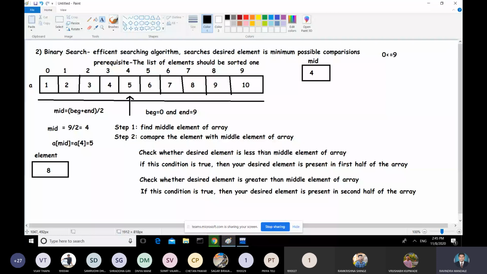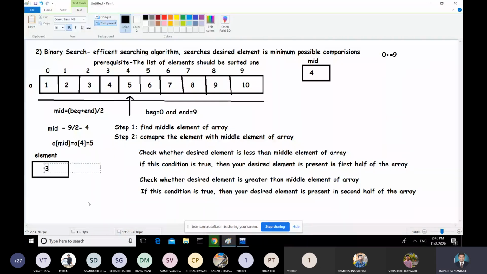So now in this case, if this condition is true, you need to change the beginning and end. Just to make this condition true, I will change the desired element. Suppose desired element is 3. We have compared 3 equal to the first middle element.